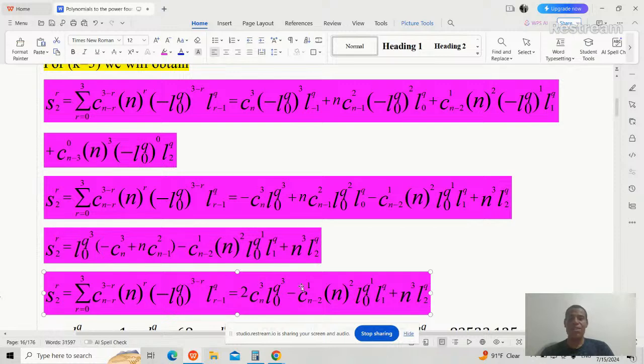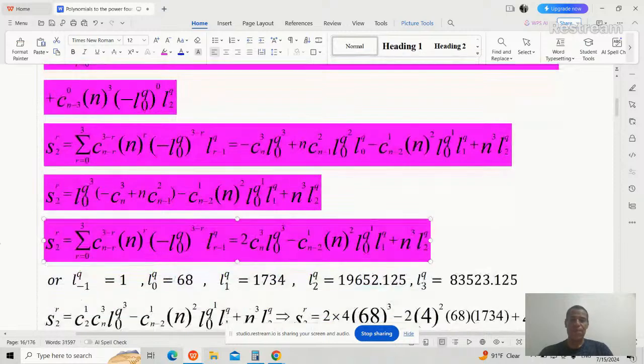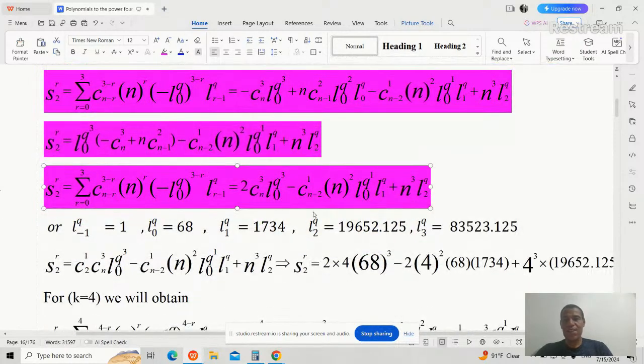I will just focus on the last discriminant formula when k equals 3. Okay, now learners, this is the value of the expression, the discriminant formula when k equals 3